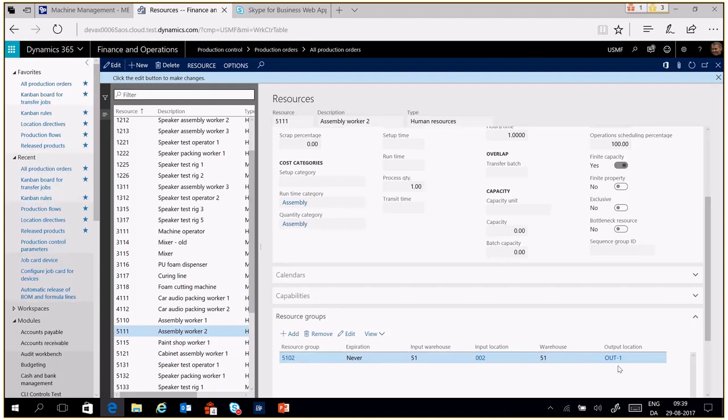So now I have out 1, and that means that when reporting this production order as finished, it will use this location. We still have the output location on the resource group, but let's try to